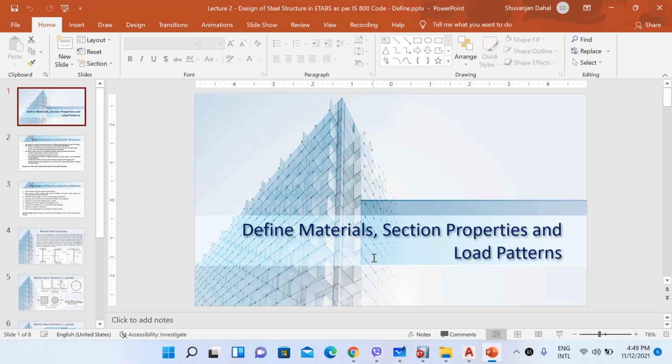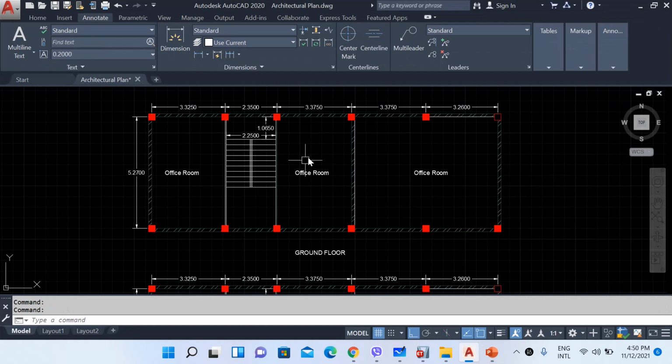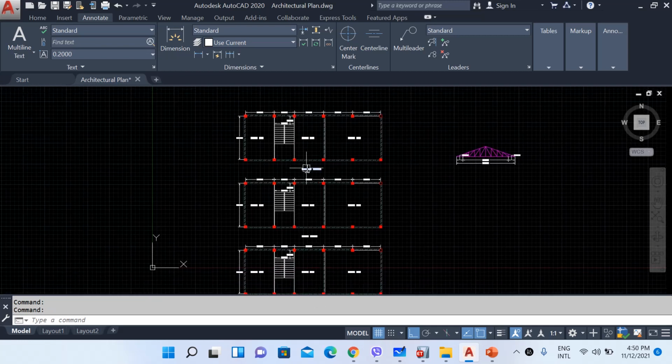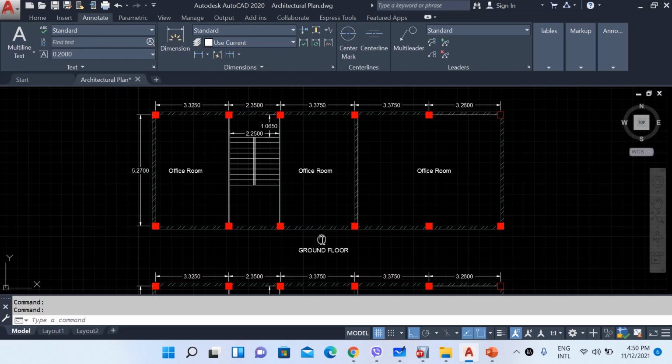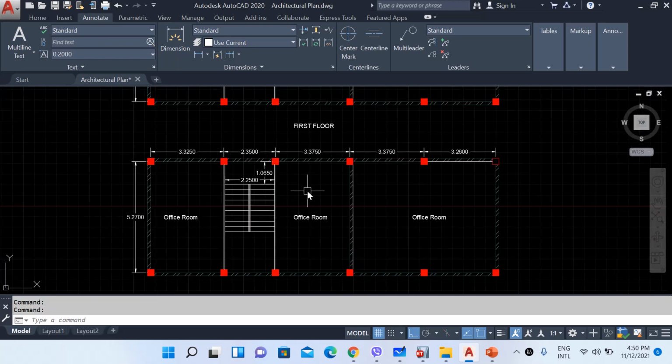Before beginning with ETABS, first let me go to my AutoCAD architectural plan here. This is one very simple plan of a building that we will be modeling in ETABS. You can see here there are 3 floor diagrams: ground floor, first floor, and second floor. All of these 3 floors have identical spacing arrangement and identical plans. You can see here we have 3 office rooms. One is larger compared to the other 2, and we have a staircase at the very middle of our architectural